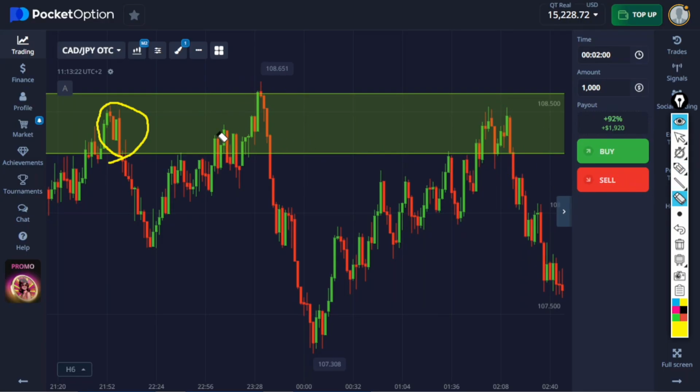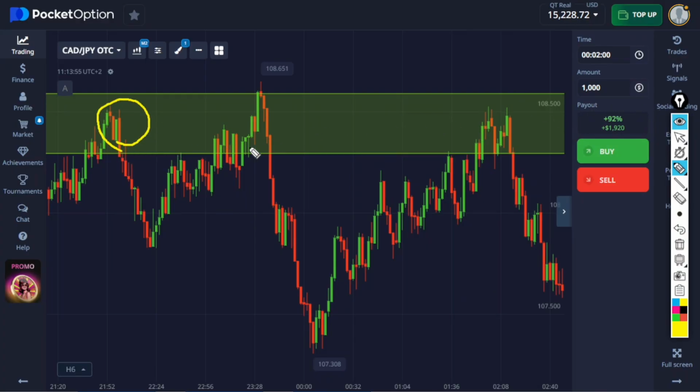Now, because we're looking for sells off this resistance zone, there are 2 types of candles we'll be looking for. The first type of candle will be a bearish rejection candle, and the second type of candle we'll be looking for would be a bearish engulfing candle. Unlike the support zone where we're taking buys, where we'd be looking for a bullish rejection candle or a bullish engulfing candle, here it's the opposite. So naturally,